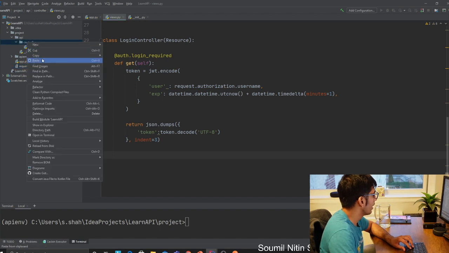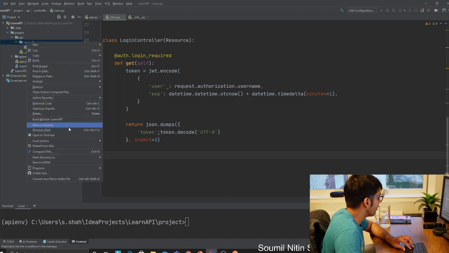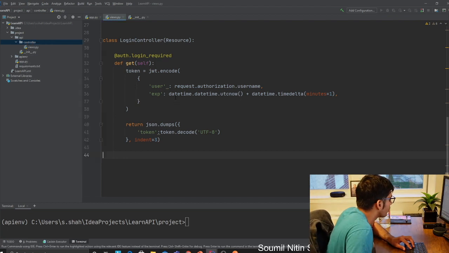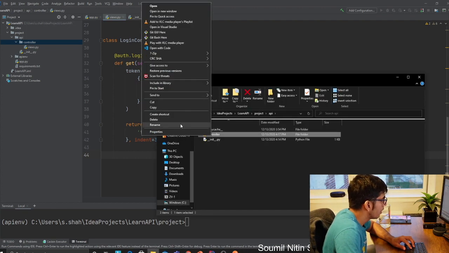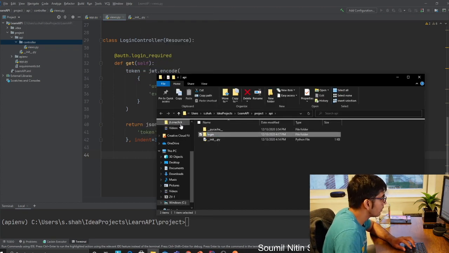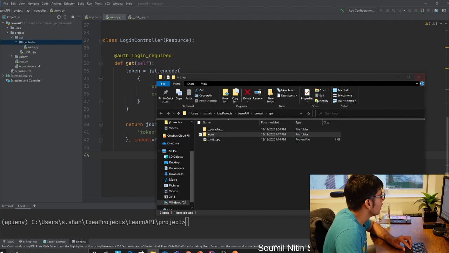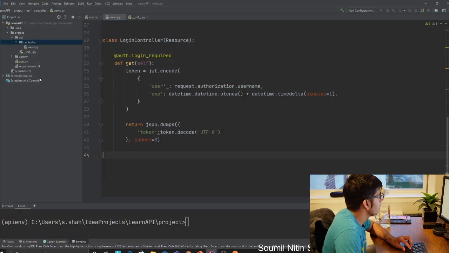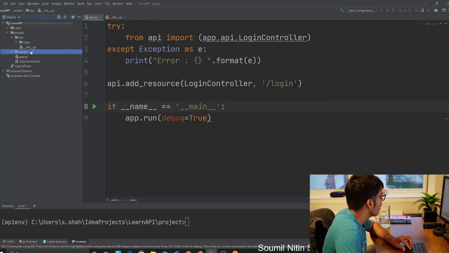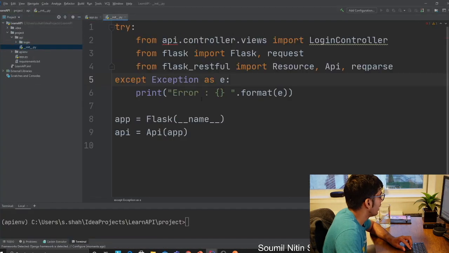So here let's do some changes. The controller, let's actually rename that to a login one. Then remember, you have to do the changes everywhere. Again, this would change here.